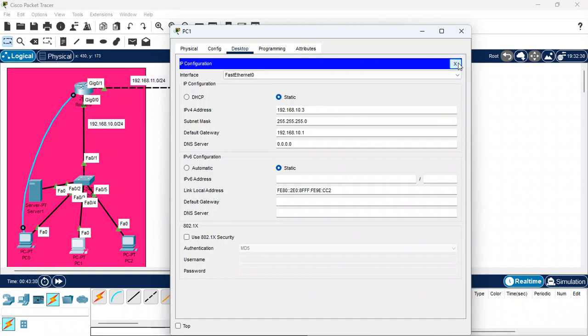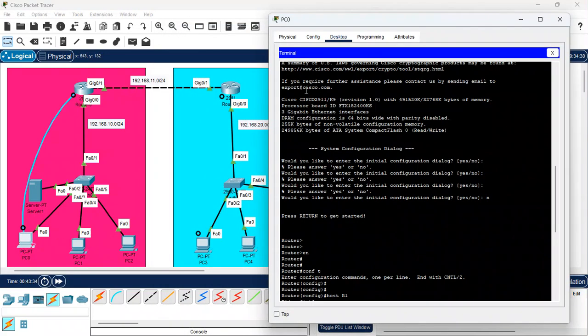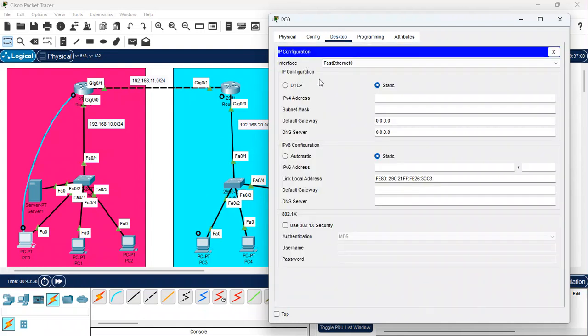Okay, we're done with this one. I'm gonna assign this one also. I'm gonna close here. I'm gonna come to here. I'm gonna give this one .2, 192.168.10.2, subnet mask. Then this is the gateway 192.168.10.1. Okay,